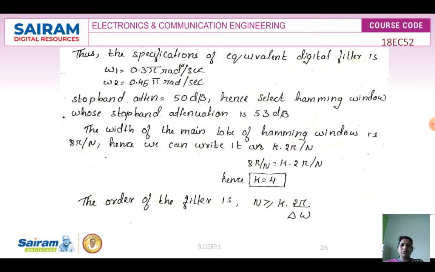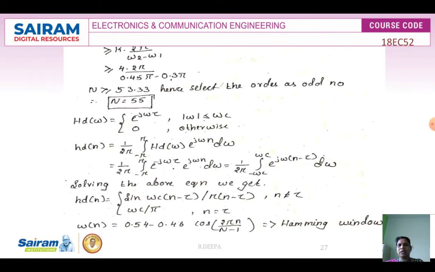So for that already we discussed in the design procedure. We can obtain the value of n using the formula n greater than or equal to k into 2 pi by delta omega, and k is calculated as 4 and delta omega is given by the stop band and pass band edges. You can substitute and calculate what is the value of n. Whatever we are getting, you need to choose greater than that and see that it is going to be an odd number also. So substitute k equal to 4 for the Hamming window and 2 pi by omega 2 minus omega 1, as 0.45 pi minus 0.35 pi, which gives n as 53.55,